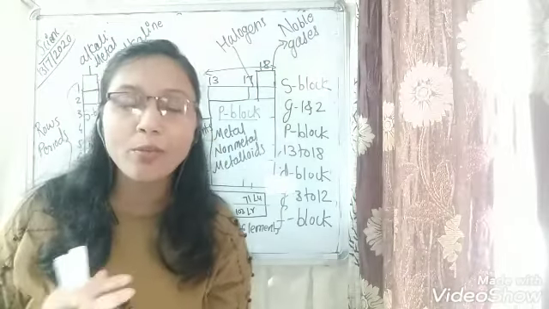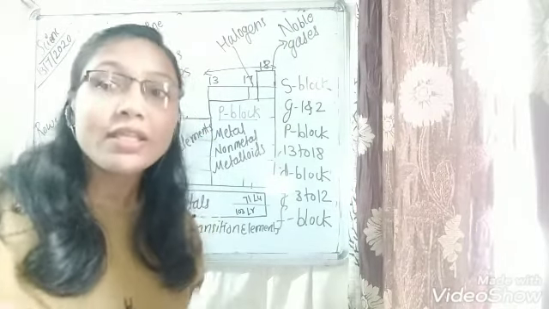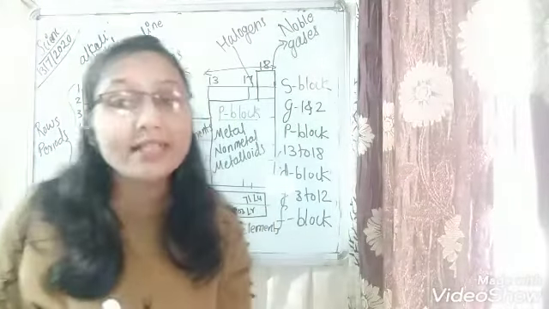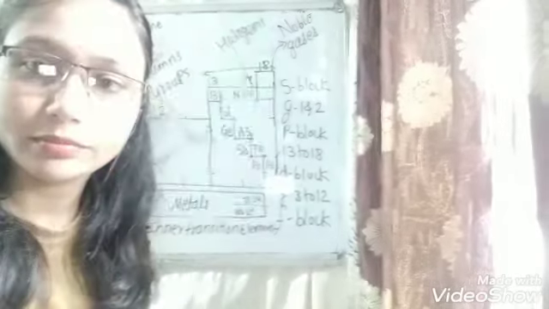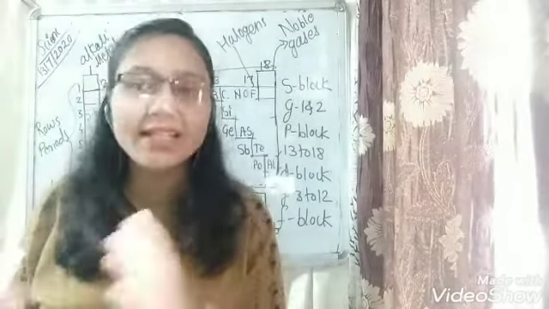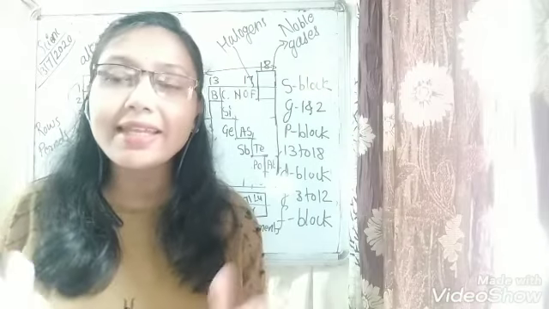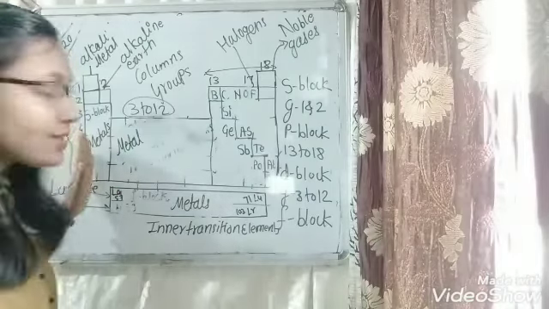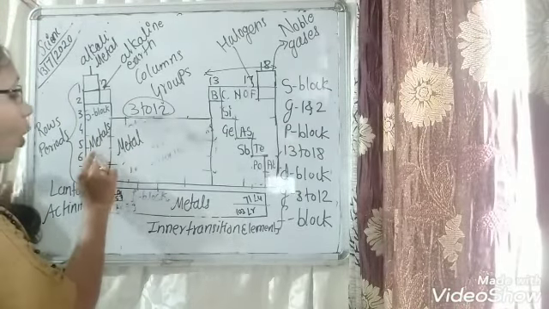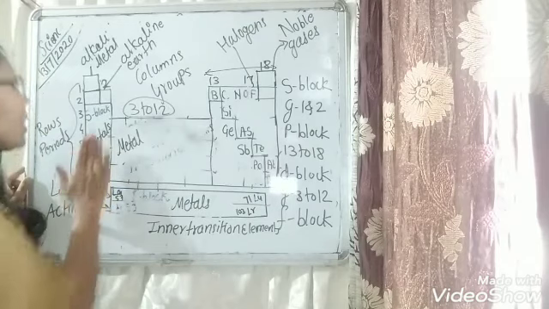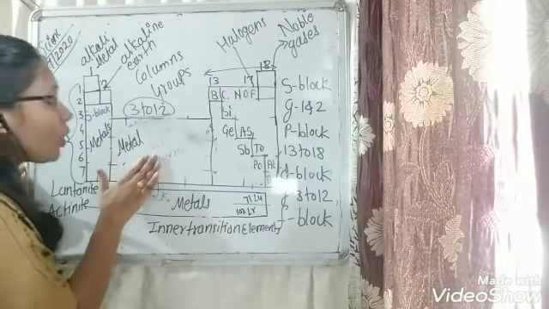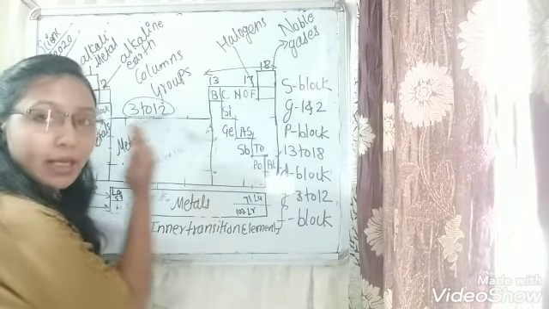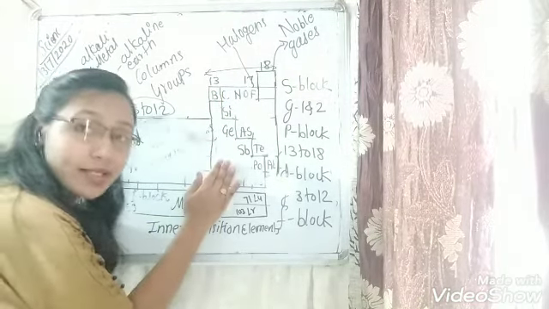In the structure of the modern periodic table, one more thing is there. Here metals, non-metals and metalloids easily get separated. So how can? Let us see. As we have seen here, on the left hand side of the modern periodic table, all are metals. Here in the S block also metals, the D block also metals, and in the P block also on the left hand side, metals are present.